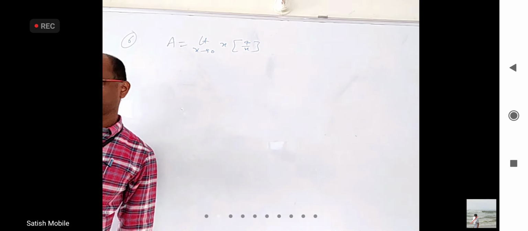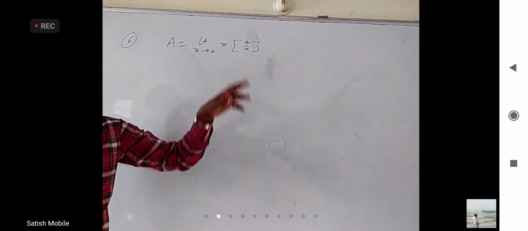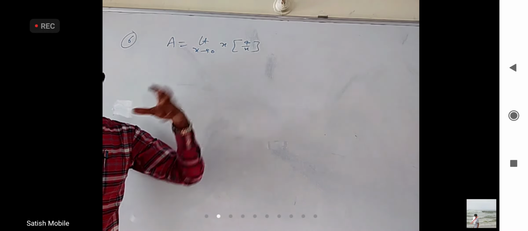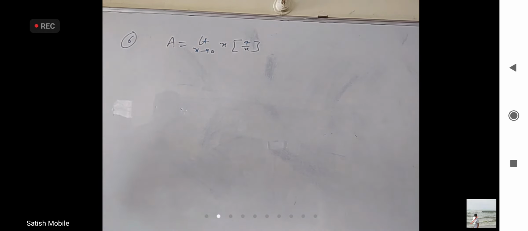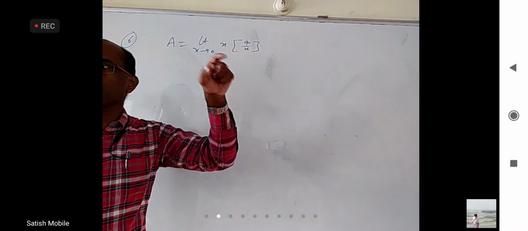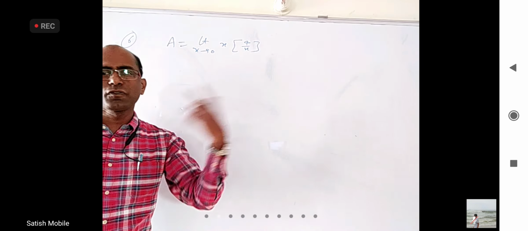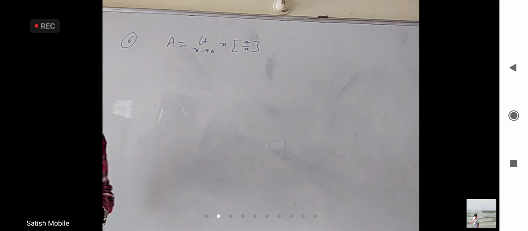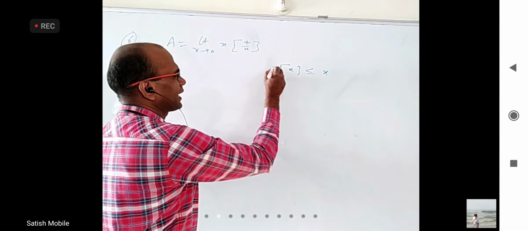It is 4. When x is very small, 4 by x will be very large. Practically, this greatest integer doesn't matter. When you take 1 crore or 1 crore point 1, there is no big difference. You can remove this, x will cancel, get 4, somewhat like that. But I wrote a proper explanation. In fact, there is a question where here 1 by x, here 2 by x, here 3 by x, up to 15 by x is there. Answer is 120, sum of first 15 natural numbers. Before that, one more question also we used it. How to write the solution? We know integer part of x should be between x and x minus 1.